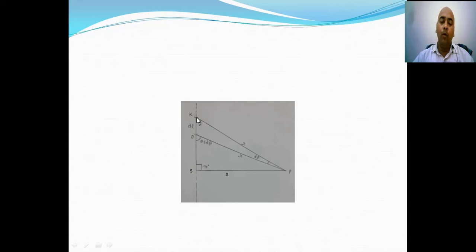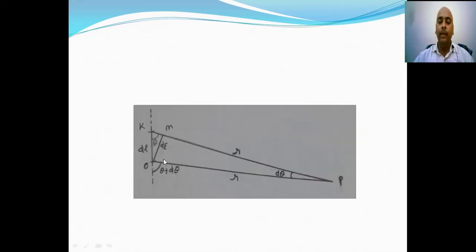However, if we go on increasing this dl, then for an infinite line d theta will vary from 0 to 180 degrees. That is, an infinite line can be mapped in terms of d theta. That is, for an infinite line d theta will vary from 0 degrees to 180 degrees.